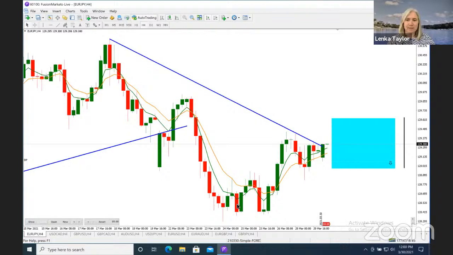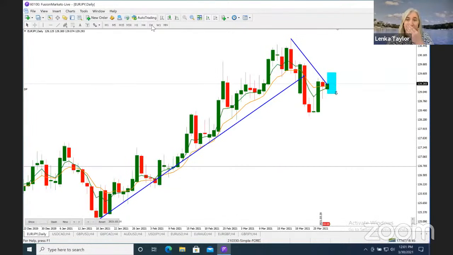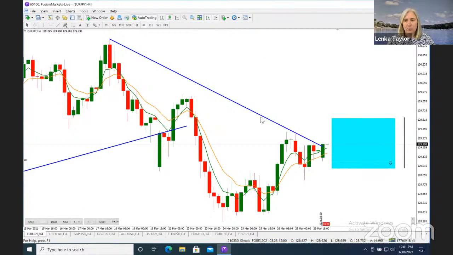All right, first, today I'm going to start with Euro JPY. On this, it looks like the direction has changed on the D1 time frame. So on the H4, I'm looking for a short. And I quite like this setup, going sideways at the moment. So I'm actually going to take a trade on this